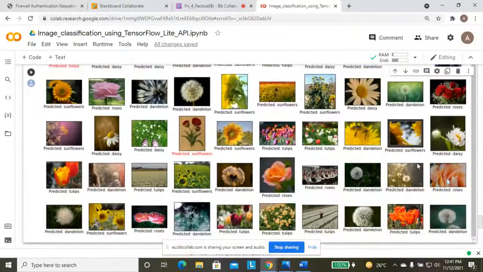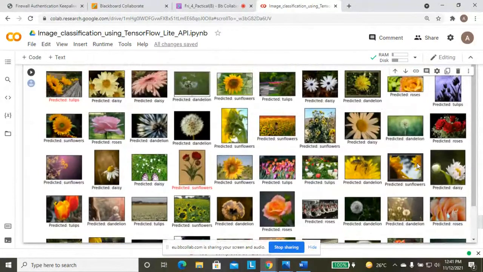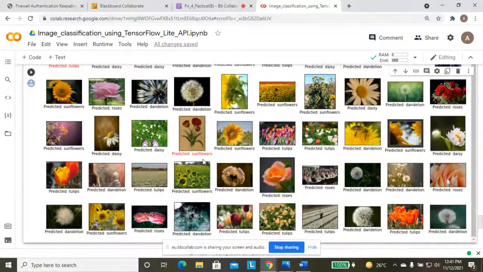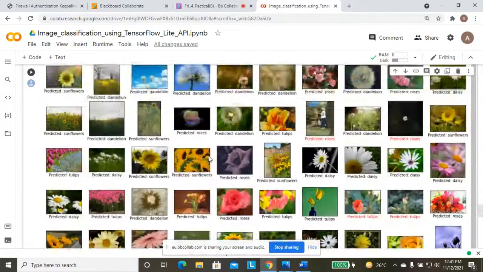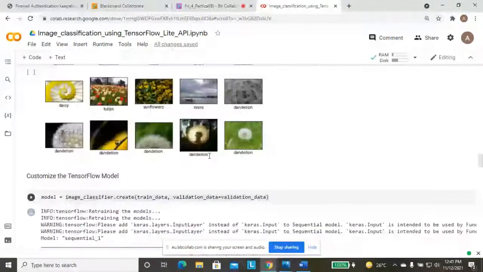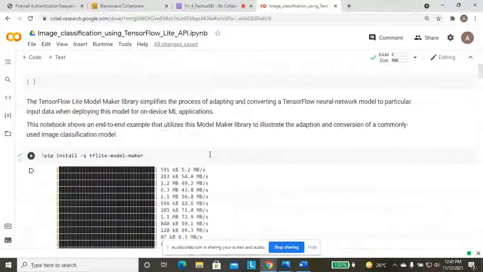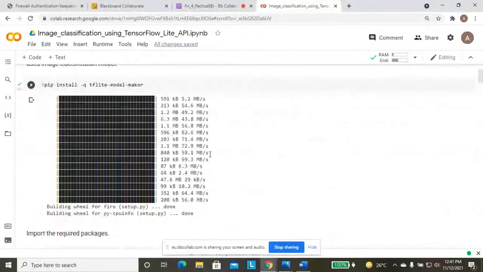So it is the final result: we classify the images and evaluate them with their labels as well. If the predicted and actual labels are the same, it is a black label, otherwise it becomes red to show the wrong prediction. So it is a complete project for image classification on Python using the APIs.